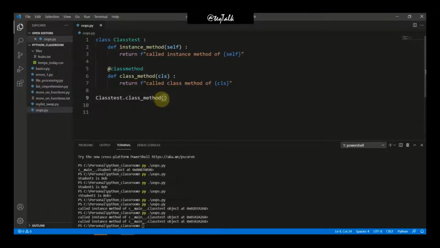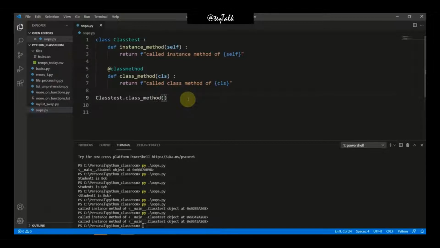Now nothing needs to be passed here as an argument because Python takes the class itself internally. When we call any class method, Python will implicitly take the class name, so we don't need to pass it here.